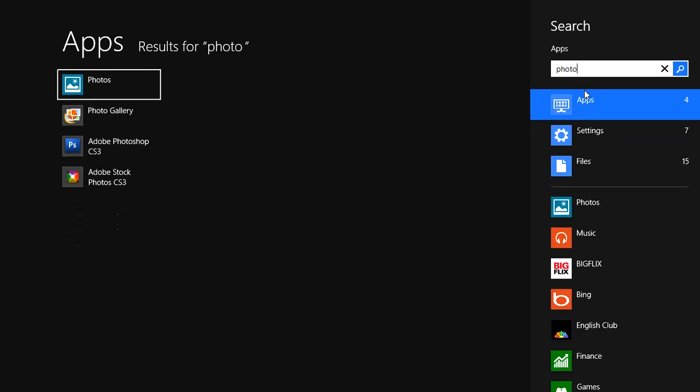Photos. Okay, and I have written here photos, and you can see here the result which the operating system has provided us. I am now clicking here photos icon.